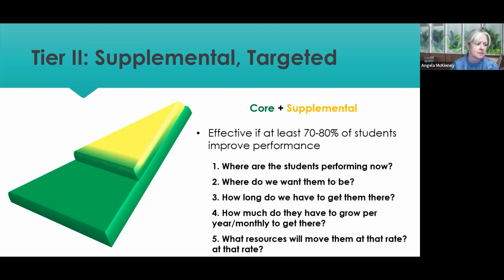As we start to ask questions, we have to know a little bit about where students are starting from and where we would like them to be. Does this sound familiar to any of you who work in the special ed world? It's a lot like writing an IEP. We get that present level of performance before we can set a goal, and then we can decide what it's going to take service-wise to get there. It's the same thing when you're designing interventions. It's not just that we have this support or service, it's what support or service does this kid need and how much of it do they need?